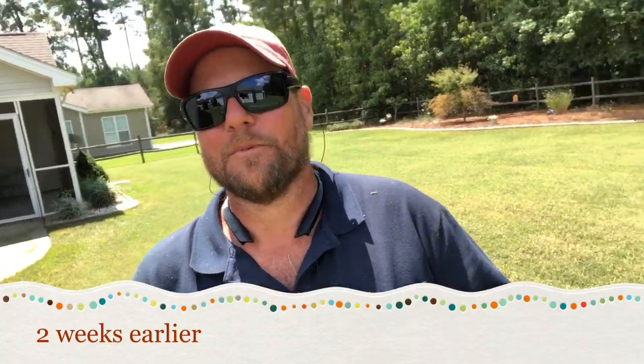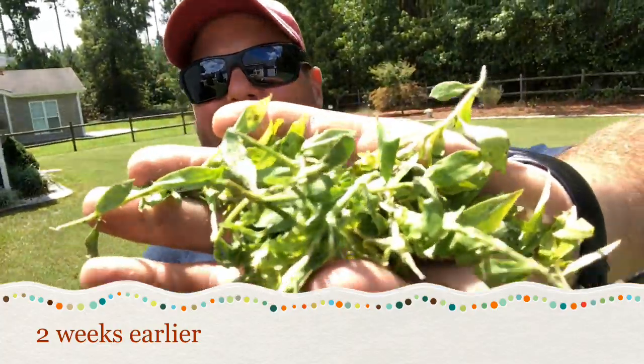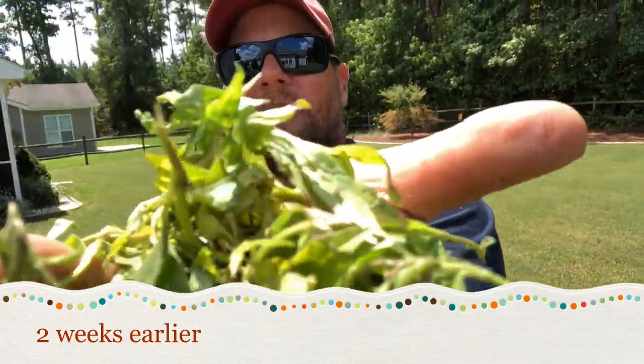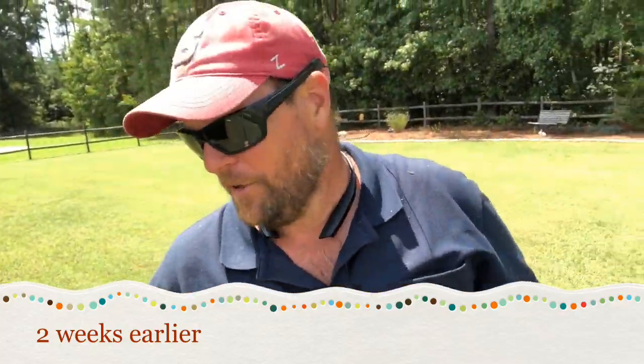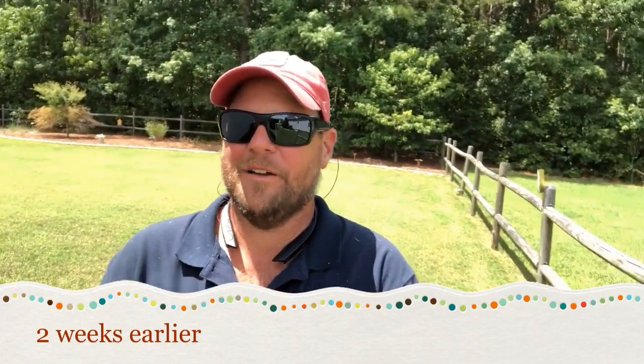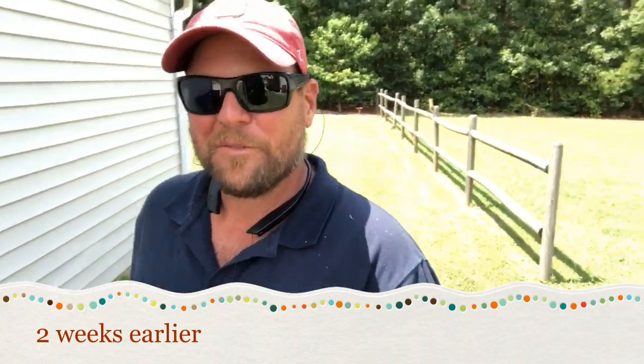Okay, nothing too over the top here. This is a little Bermuda yard. It's got some of this action in it. That is Virginia buttonweed. She's also got some sedges. She had a world-class Dallas grass plant out here that I've been screwing with for about 3 years trying to get rid of. It's finally gone, so